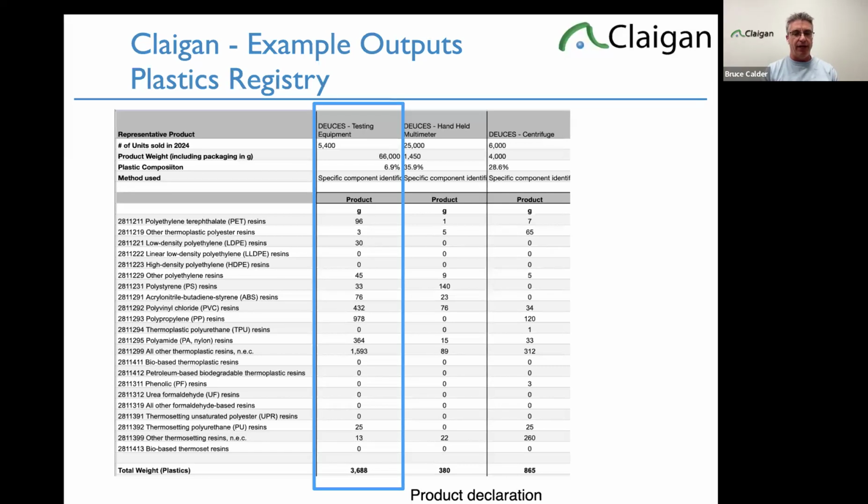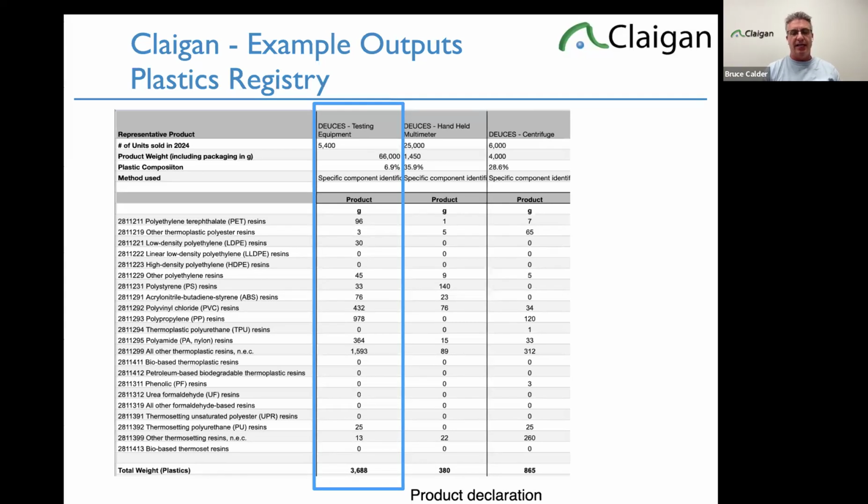Other thermoset polyurethane resins, often polyurethane foam, are not very recyclable material. And then this is saying very low circuit board, 13 grams of other thermoset resin. I would suggest it's much higher normally in this kind of product. But the other thermoset resin is the epoxy you see in your circuit board. So that's pretty typical. Now, if you look at the centrifuge in the far right, we would say it has